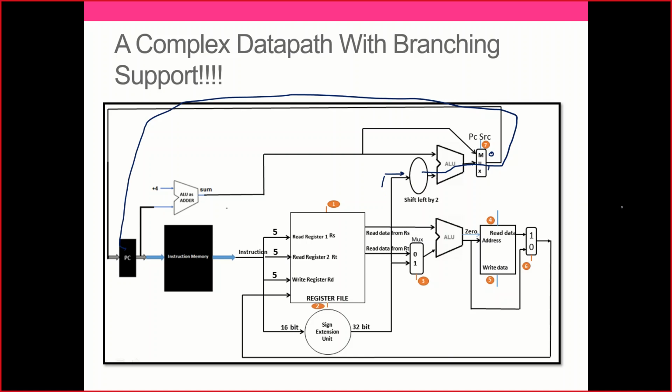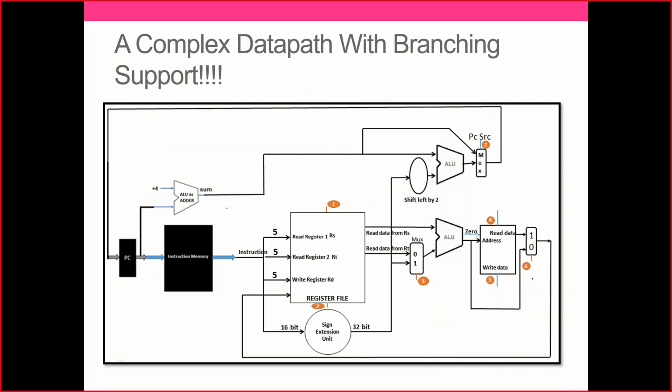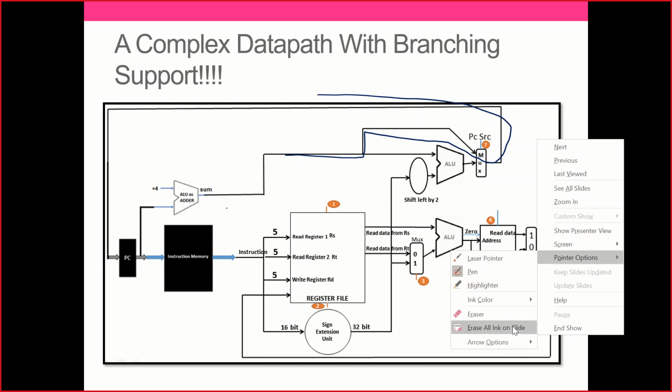If there is no branching, remember again there can be two cases, right? If there is no branching, what will happen? I will come over here, I will take this path and I will go on here, and I will simply go through this way. That's it. It's very simple, isn't it? So we have just added one new thing here to support branching.